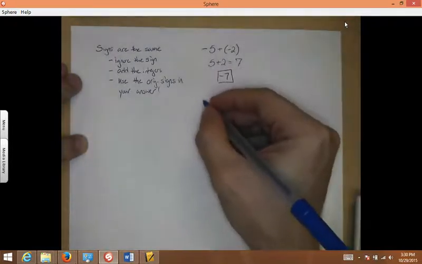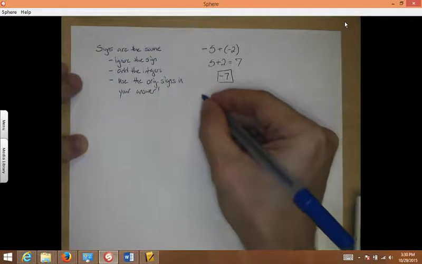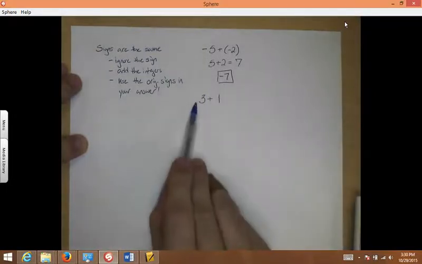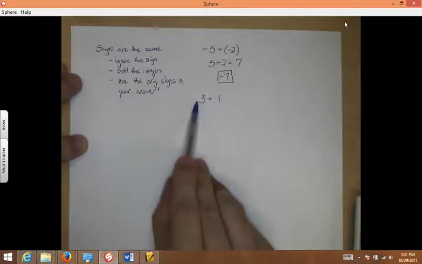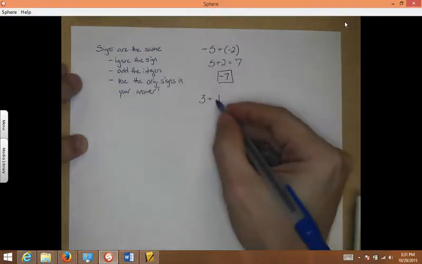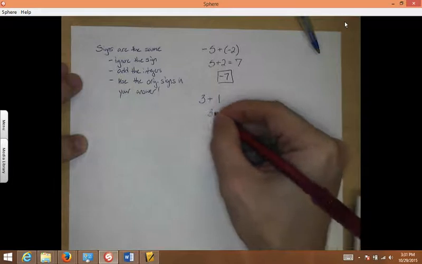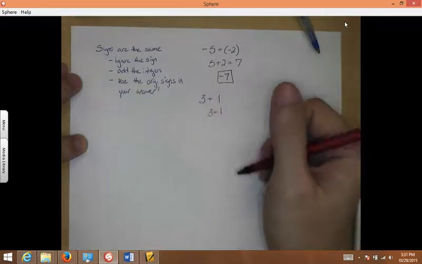What if we had, let's say, 3 plus 1? So, with this one right here, there's no sign written. If there's no sign written, just assume that it is positive. Same thing here, positive. So, I ignore those signs, and I have